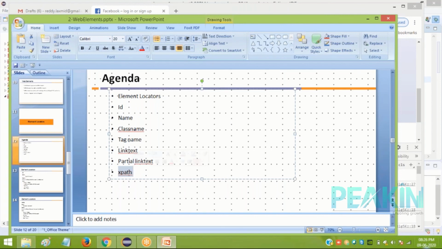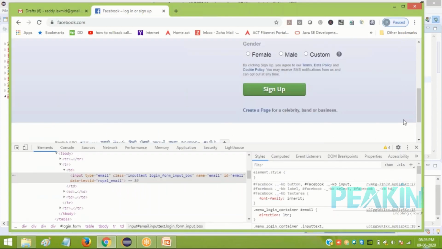And XPath is something, if these are all not working directly, you can find the path, the location. But to get the XPath, you'll not get it directly. You need some plugins for that. You need to add a plugin, then only you'll get the XPath. So these are the different possible ways how you can find an element. So you have to first inspect the element, understand the properties. From that list of properties, see which property is available and using which you can do the automation.